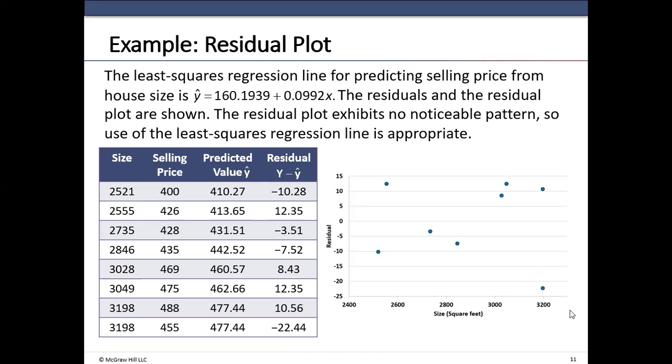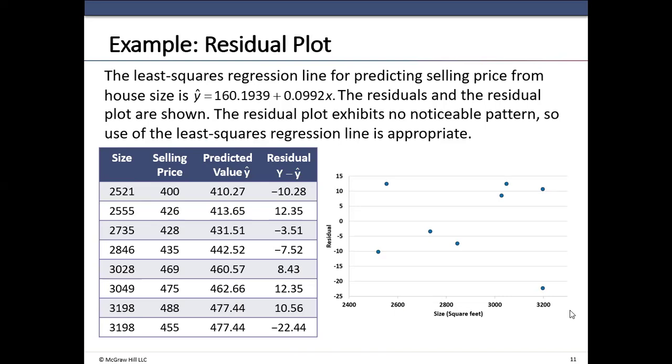No, we didn't get anything. So first we have to do the regression. So let's do the regression between L1 and L2. So stat, calc, number 4, X list is L1, Y list is L2, and we calculate. This way the calculator will calculate the least square regression line equation between X and Y, which is Y equal